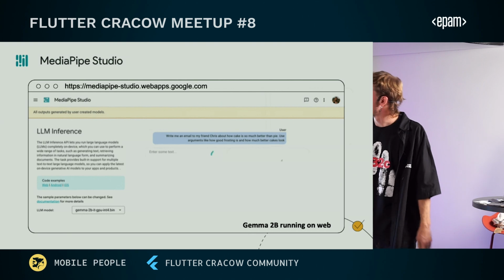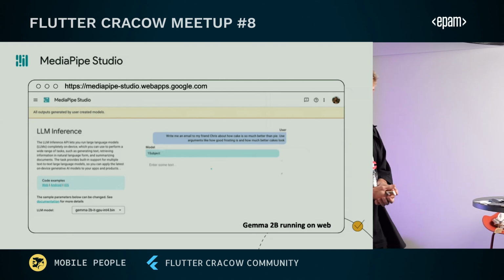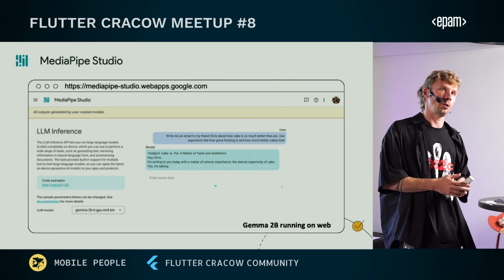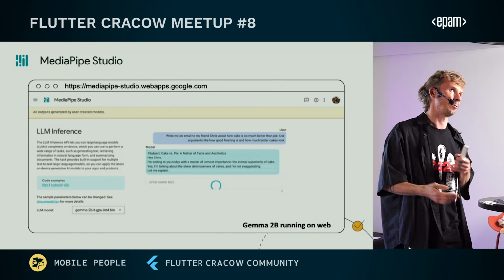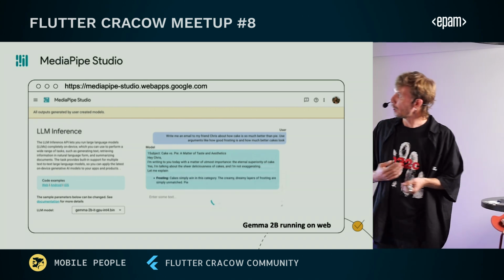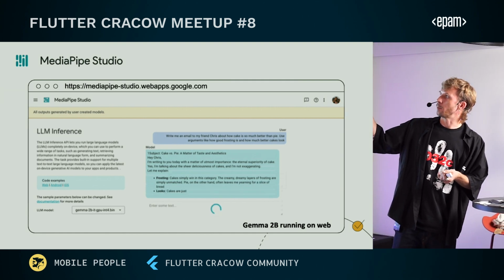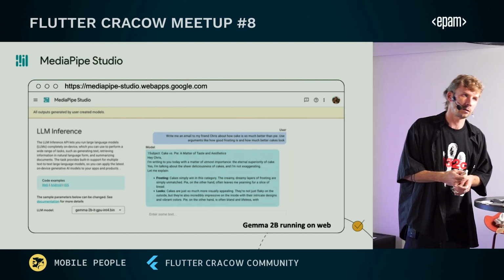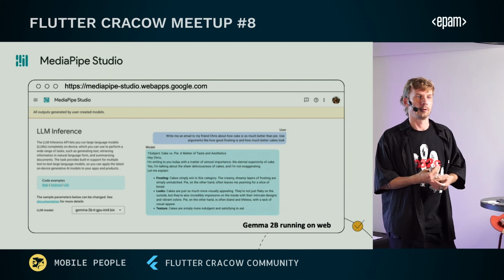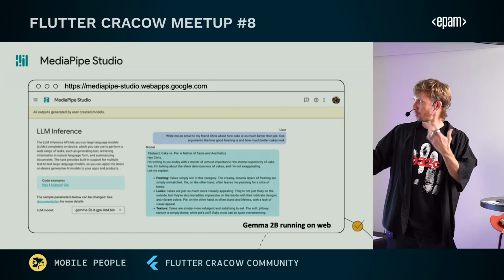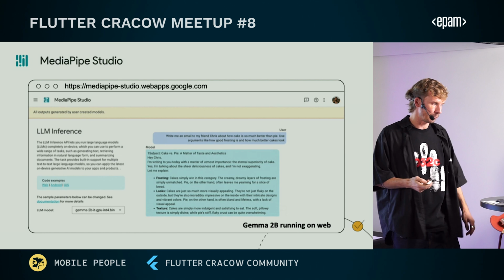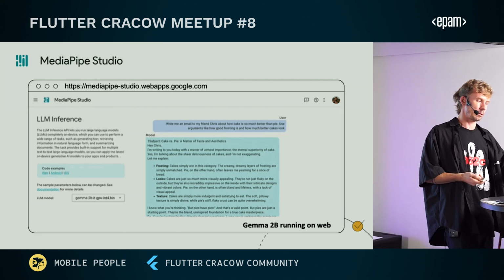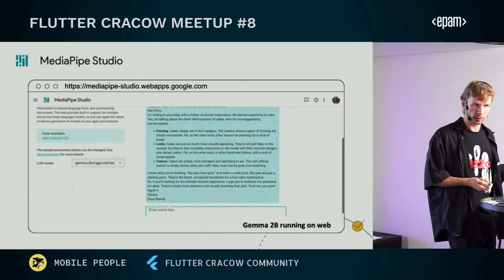Before you launch it on your device, you can check whether it is powerful enough for your purposes, because Mediapipe provides Mediapipe Studio, in which you can test your idea, and you can test whether Gemma 2 billion is okay or not.